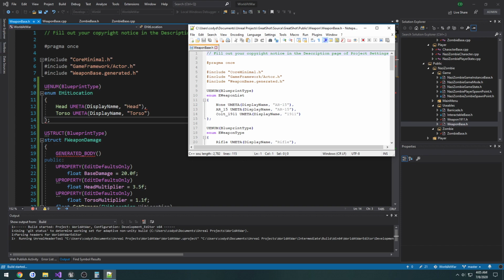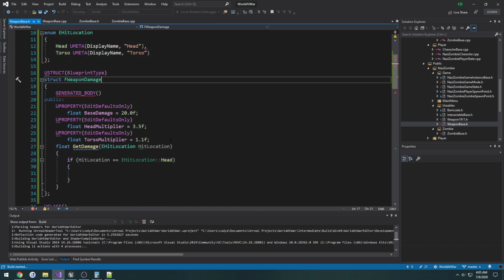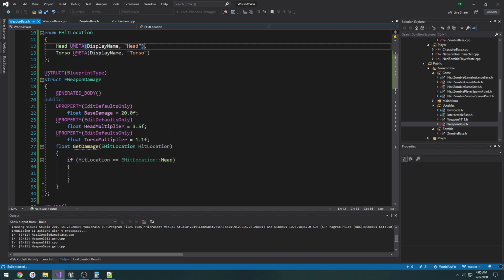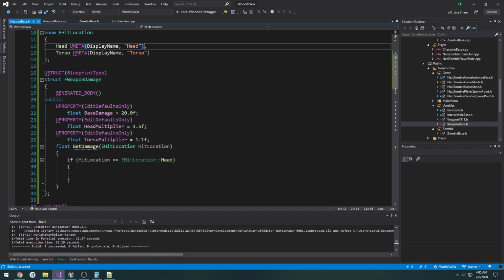Not sure why you're still throwing a fit, unless this is just IntelliSense, which it seems like it is. So now we compile. Okay, so it's successful. Now what we're going to do is we're going to return